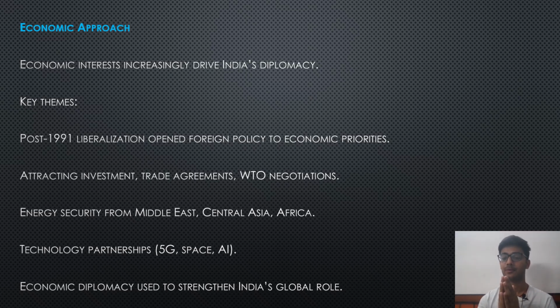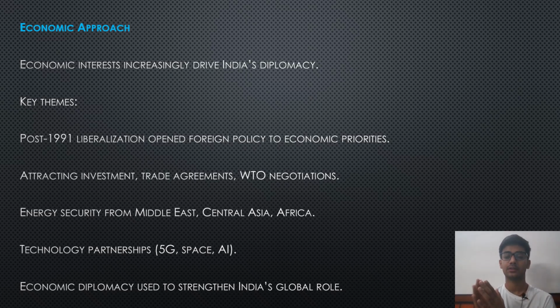If you take Singapore, for example, Singapore is no military power. Singapore does not have the means to even survive for a week if it comes to conflict. But Singapore is an economic powerhouse. And we all have heard of Singapore. It's a very tiny nation in the middle of nowhere. But its economic stature is so high that it is one of the most important nations in the world. I would say it has a lot of influence on global politics simply because of its economic might. And that's a theme of today's foreign policy for India and for other nations, that economic growth, economic future has to be taken into account.